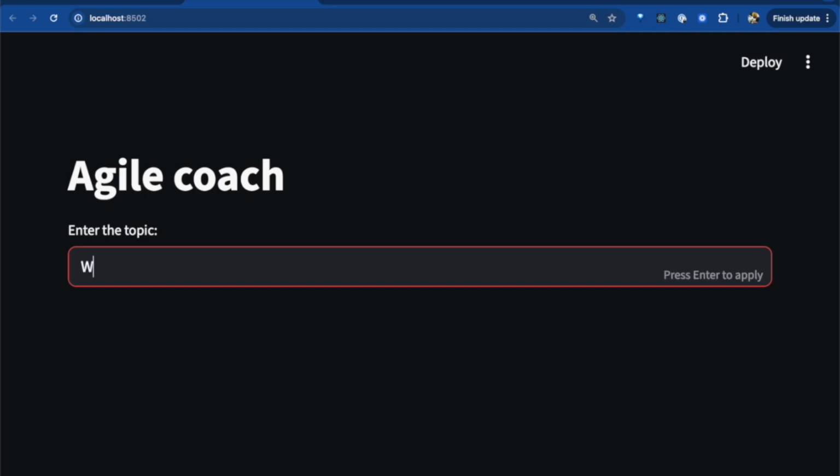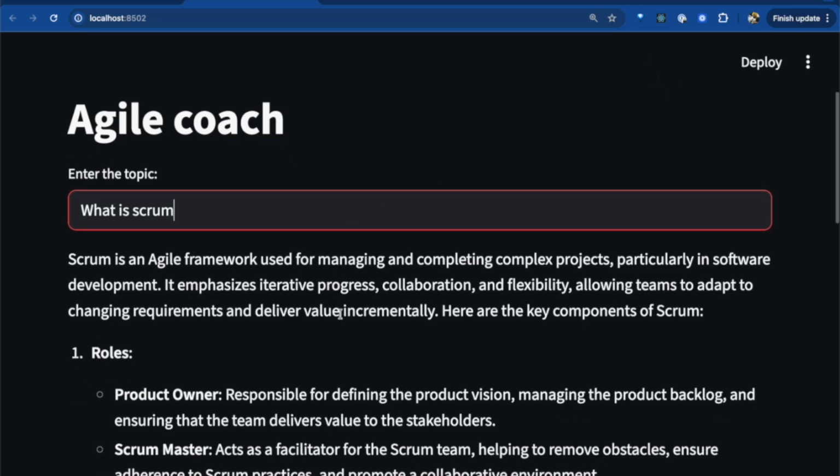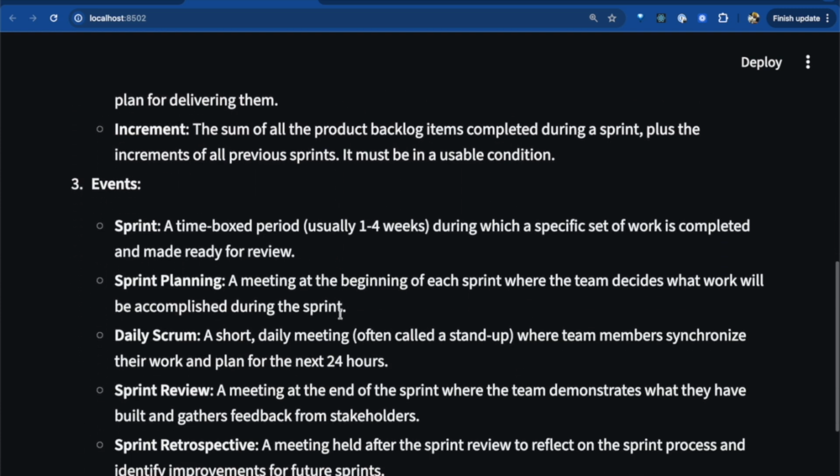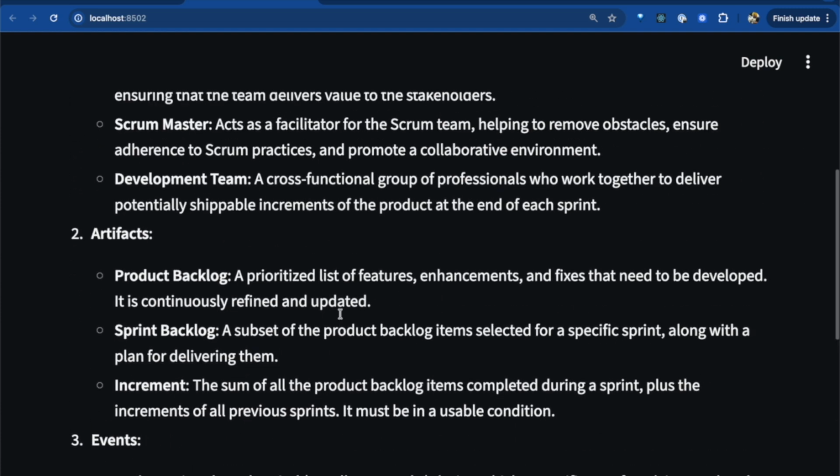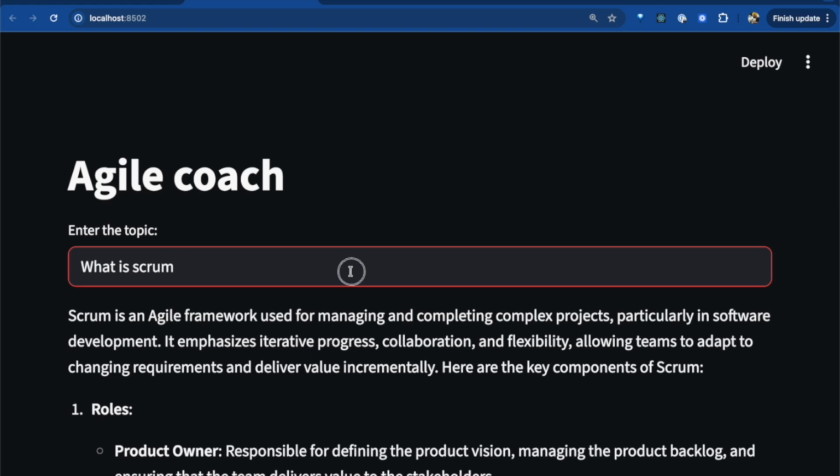Okay, let's ask the question again. What is Scrum? So it is trying to fetch for us, and it got the details. So this is Scrum, and a long description. Now let's try to ask our next question, which is: summarize this